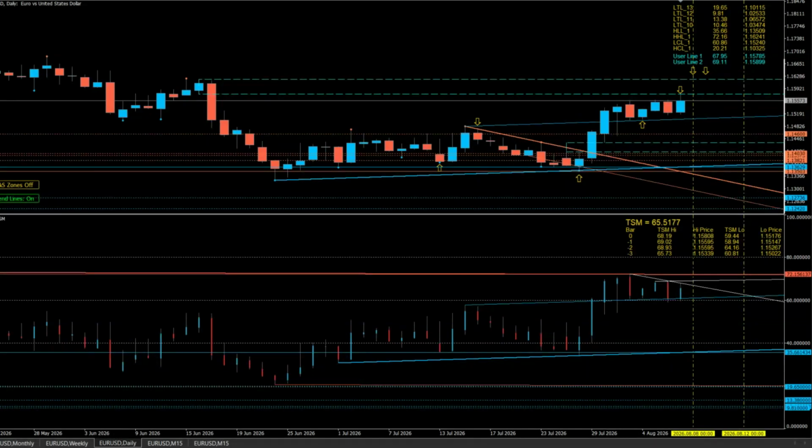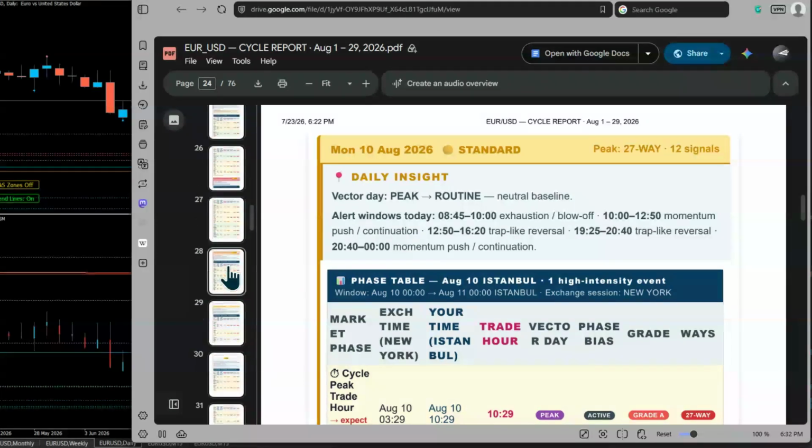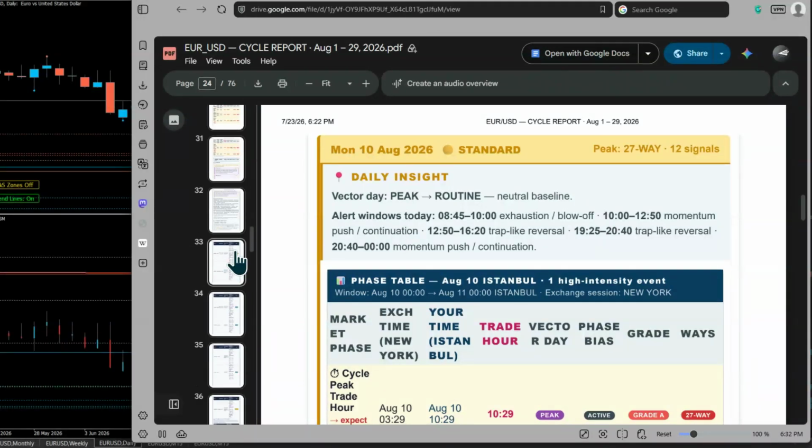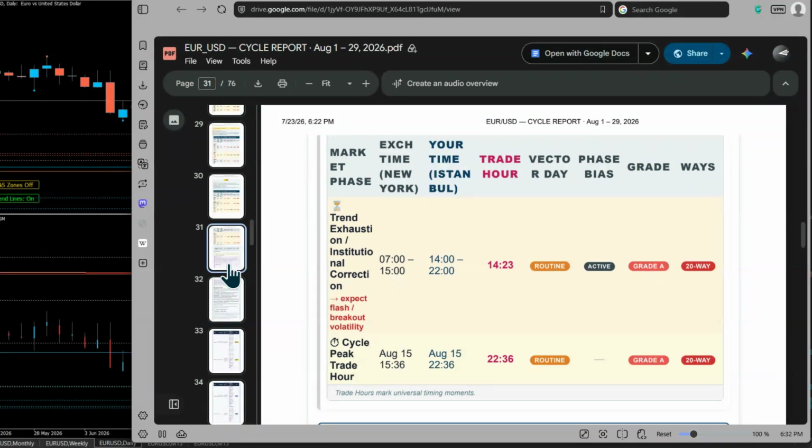So I'm going to do reports like these, a little bit of forecasting, just one asset, different assets, not everything obviously, because the whole idea is for the members to get a good idea on how to use it, and if you're thinking about becoming a member, you also have an idea. So I'm going to take a look at the euro dollar, and we're going to just do a forecast for that. Now on YouTube, a lot of people say you can't predict the markets, you can't predict this, blah blah, and I show every week how I predict the future before it happens. So obviously you should believe what you see.